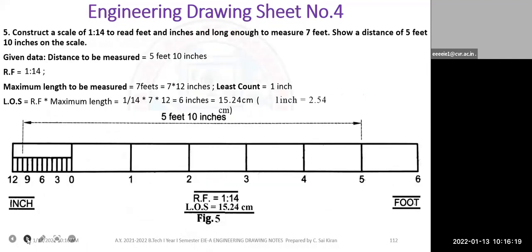And in the problem, they can also ask about feet and inches. Same thing, feet versus inches. Whenever you are measuring the maximum length, you have to convert inches into centimeters, because 1 inch equals 2.54 centimeters. So we multiply 6 inches by 2.54, and we get 15.24 centimeters. By using this, you can solve the same problem. No need for you to draw because you have very little time.